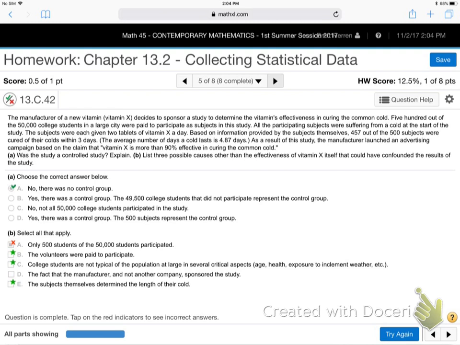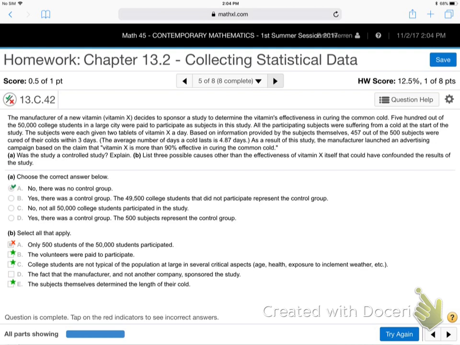Be a critical observer. 500 out of the 50,000 college students in a large city were paid to participate as subjects in this study. All of the participating subjects were suffering from a cold at the start of the study. The subjects were each given 2 tablets of vitamin X a day. Based on the information provided by the subjects themselves,